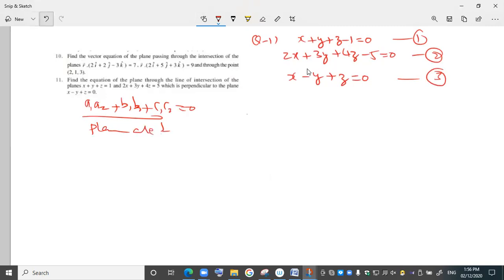Okay, so this condition will be followed. First we will write the plane which is passing through the intersection of these two planes, and that plane is perpendicular to the third plane. So first we will find the equation of the plane